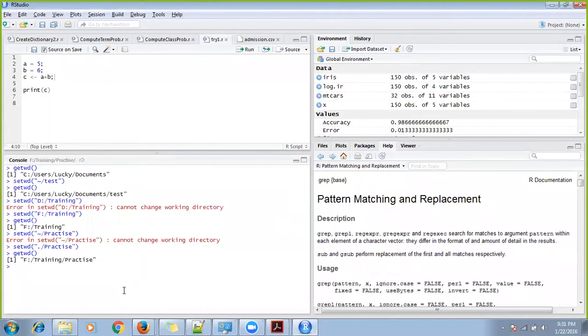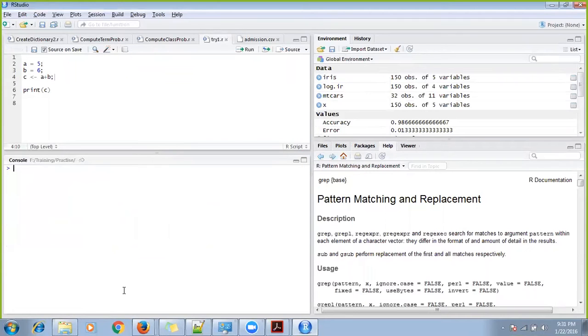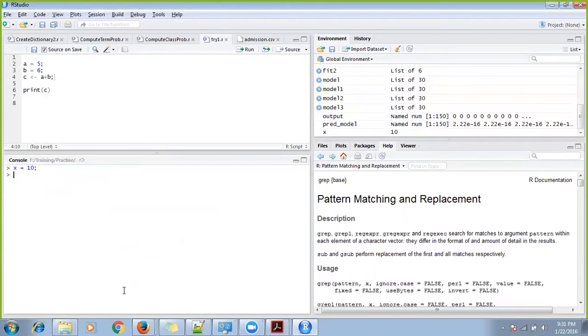See this: x equals 10. Done. So my x variable is 10. x is also assigned 10. This you also can write. Let me try some other value. You may say that 10 is already assigned to x. So 12 is assigned to x. This will also work. See, x value is 12. But 10 equal to x will not work because this is an invalid statement. So the direction has to be proper. But using an arrow, you have the liberty to write in any way you want.